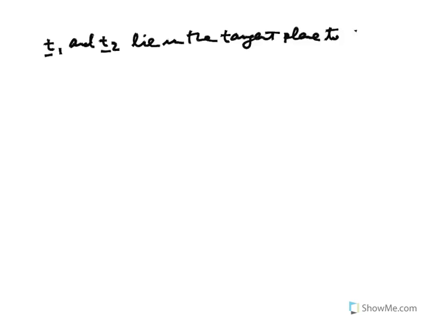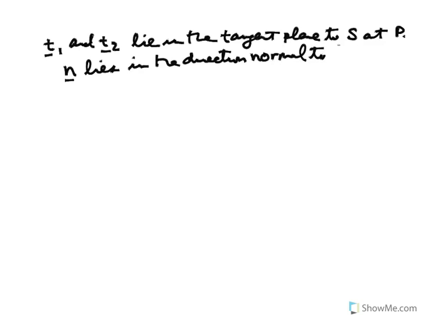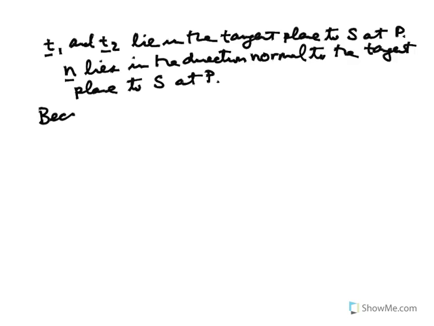So here are the properties. T1 and T2 lie in the tangent plane to the surface at the point of the particle. And N lies in the direction normal to the tangent plane to S at P. And because this is a right-handed orthonormal basis,